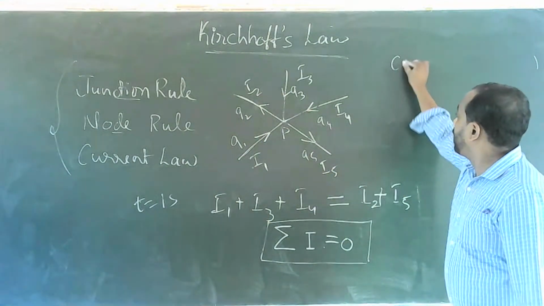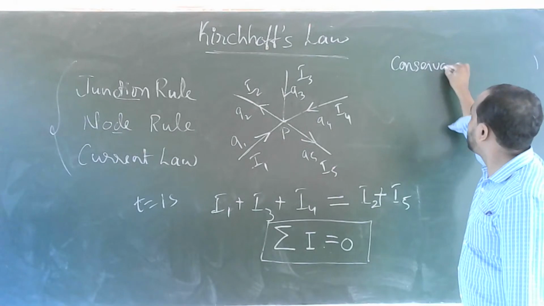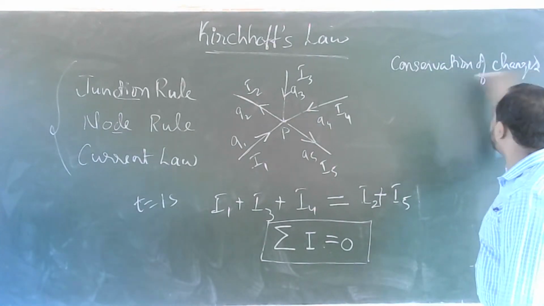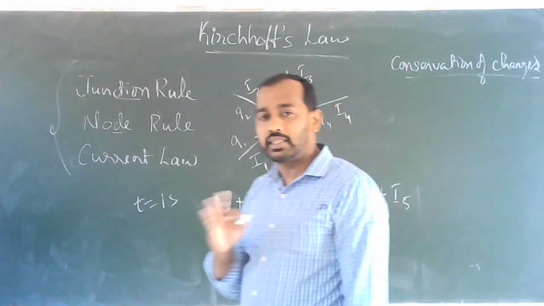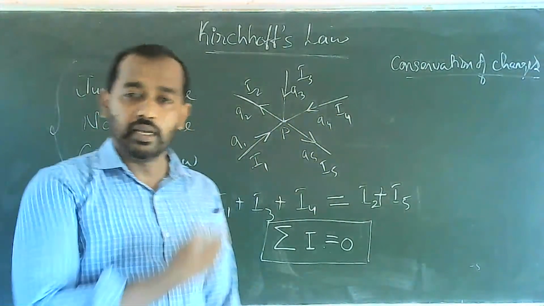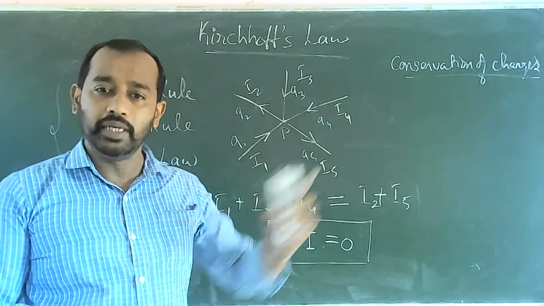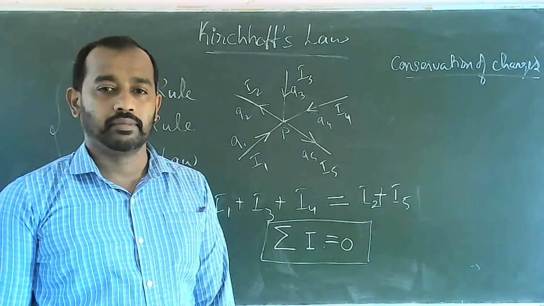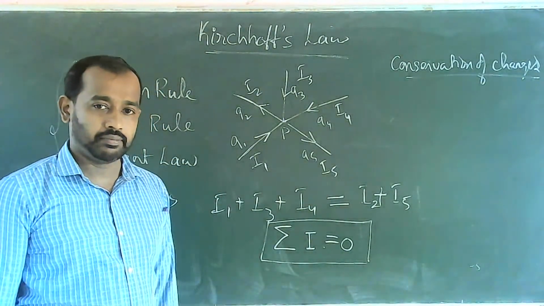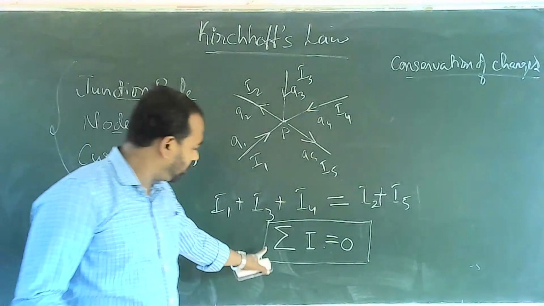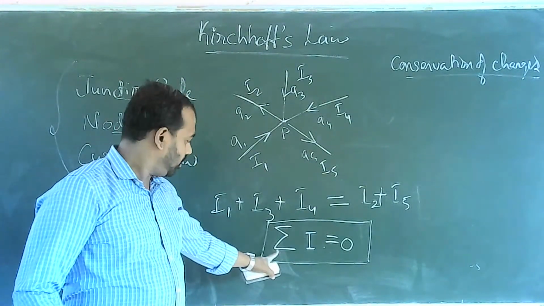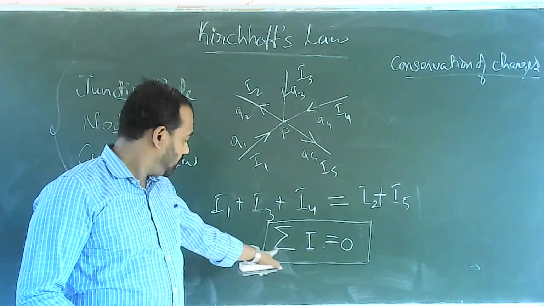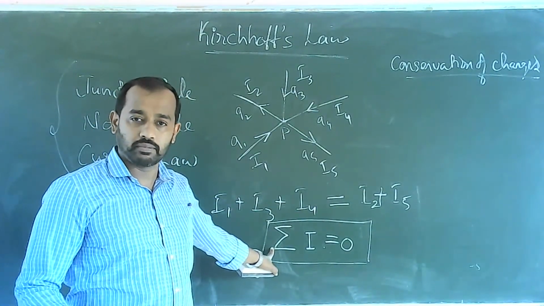That is conservation of charges. That is the meaning of the current rule. The current rule has been developed on that principle, conservation of charges. A definition might be asked. If a definition is asked, then we have to write this one, only this much. That means in words, not in a mathematical formula. In words, the algebraic sum of